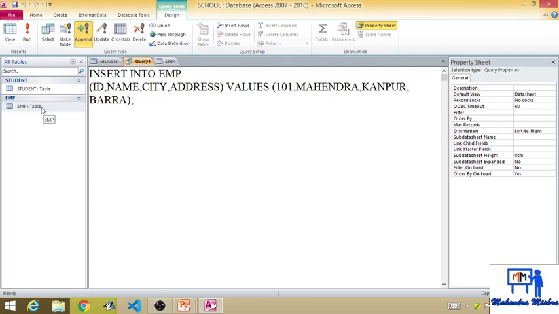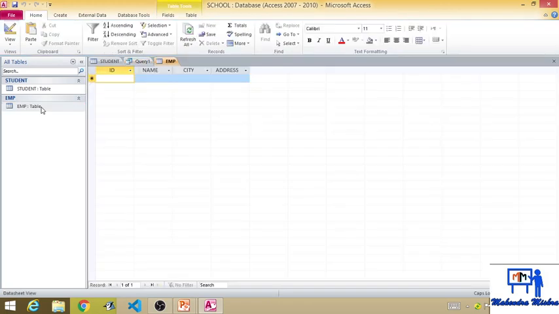If you click on this emp table, now see, there is no data. But we have inserted one row. So you need to refresh this table. As soon as you press the refresh button, now see, the data from the insert command is inserted.